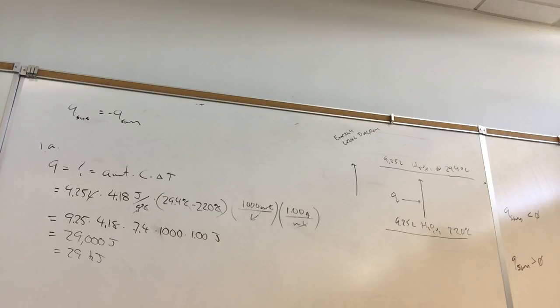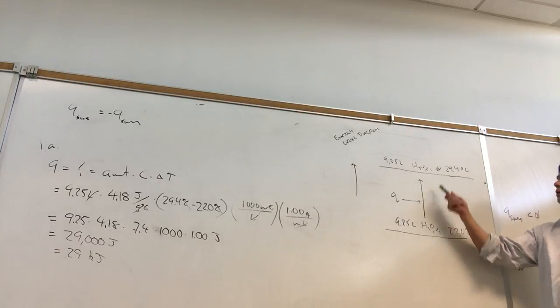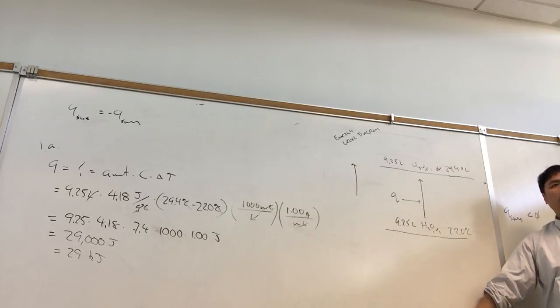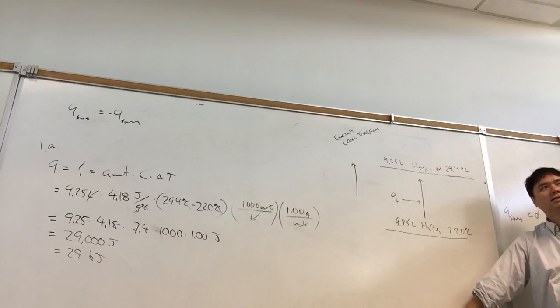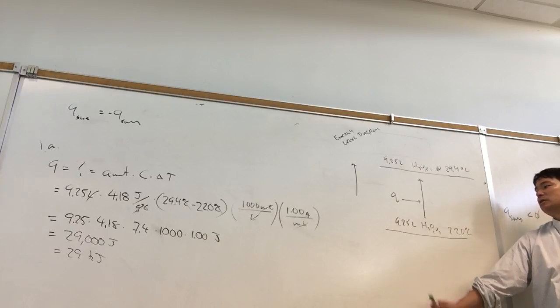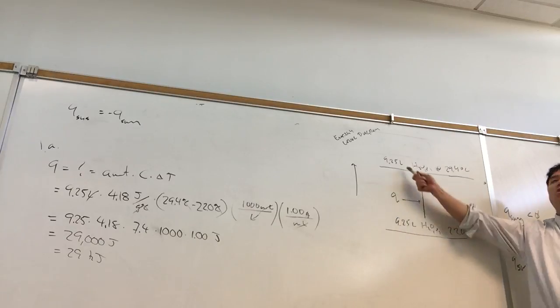When you boil water, the water gets converted from liquid to gas. Does the temperature change? No. And so whenever we have a reaction or process, delta T is always 0 to make life easier. Of course, the steam can get hotter, but we can add that later. Here, the temperature did change. So is our system a reaction, process, or an object? Our system is an object, 9.25 liters of water.